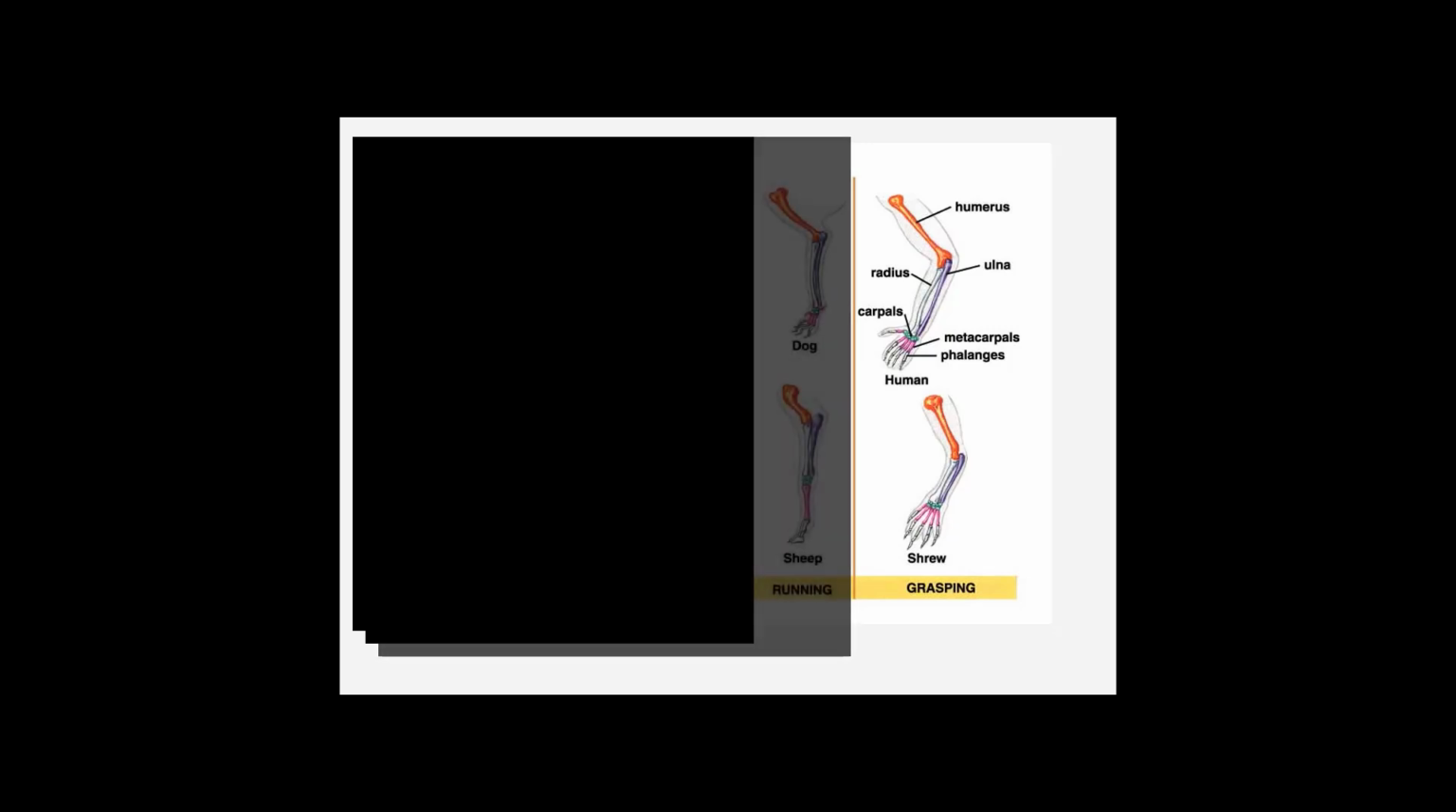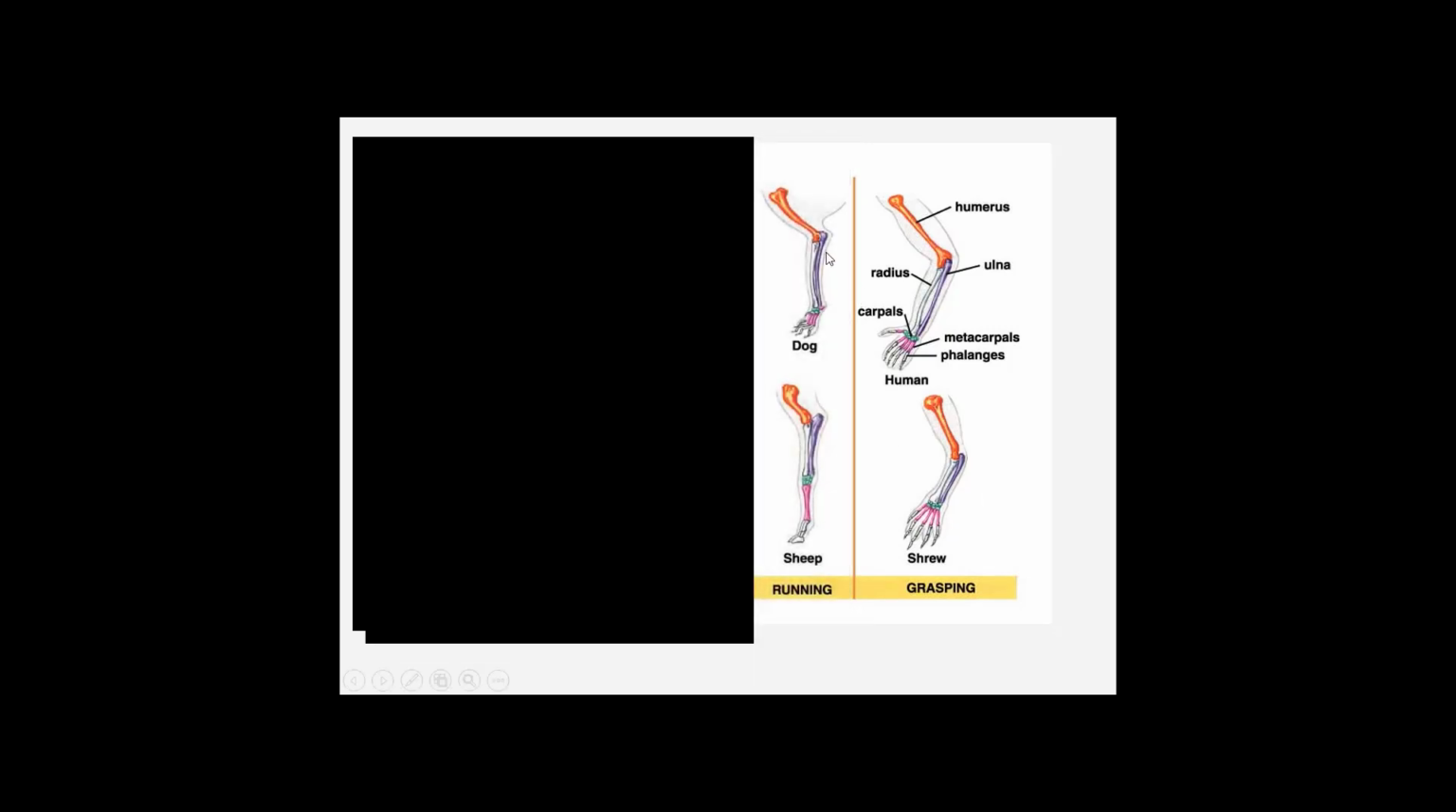Well, let's consider an animal that uses its front limb very differently, say primarily for walking, like a dog. When we look at the front limb of a dog, we see those same bones present: the humerus, radius, ulna, wrist bone, hand bones, and finger bones. But they have just been selected for a different purpose,